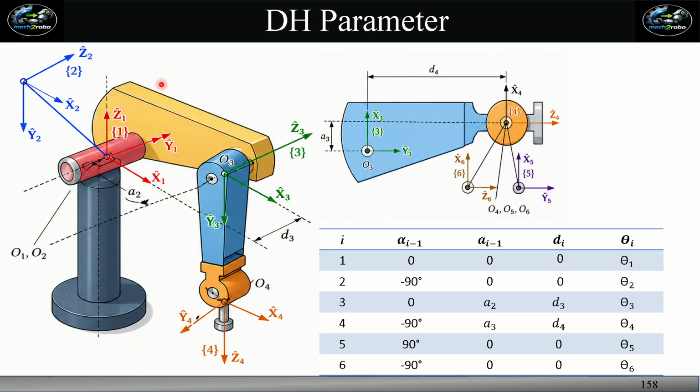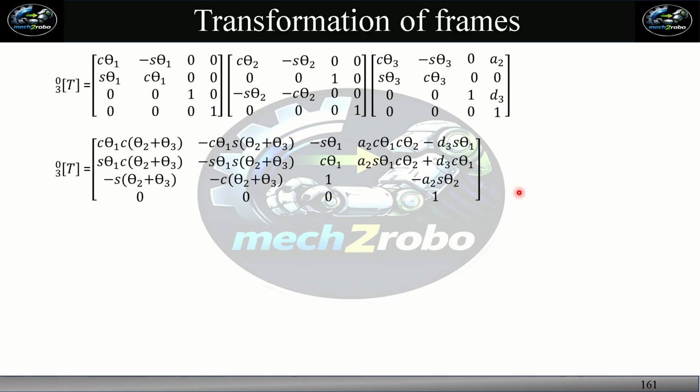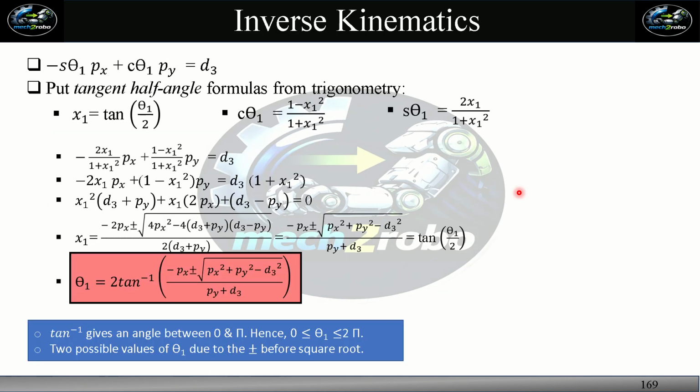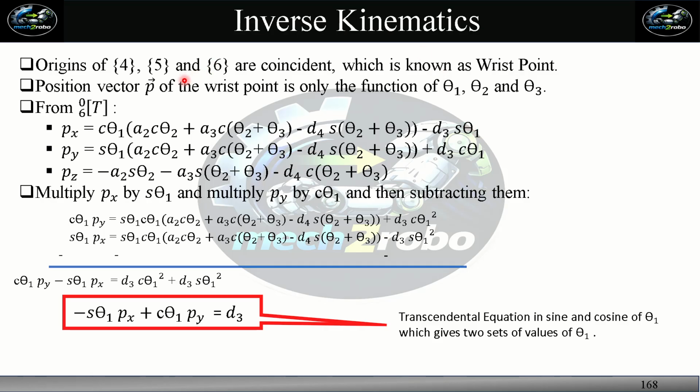So first of all, as we discussed in the previous lecture, frames 4, 5 and 6 have the same origin at the same point. So our first point is that the origins of frames 4, 5 and 6 coincide, and this is known as the wrist point. The position vector P of the wrist point is only a function of theta 1, theta 2 and theta 3,